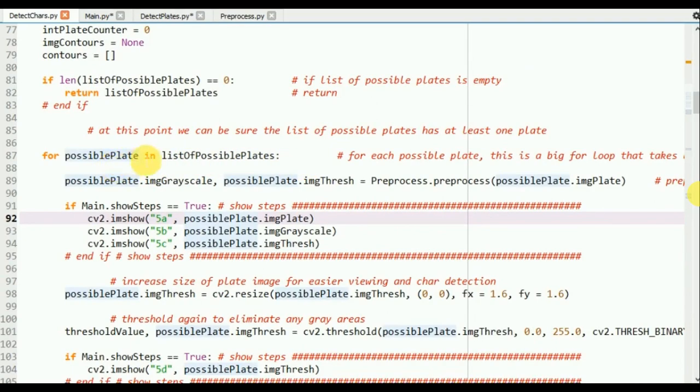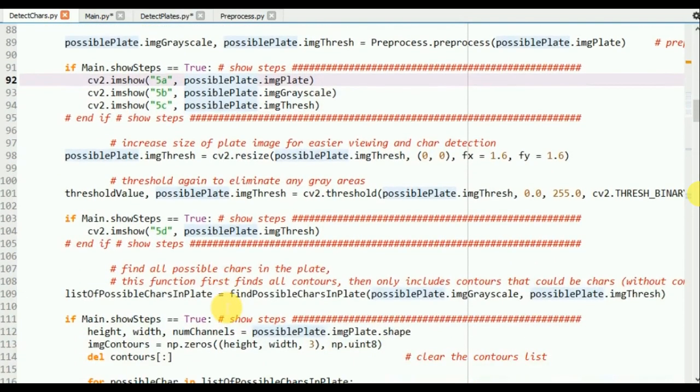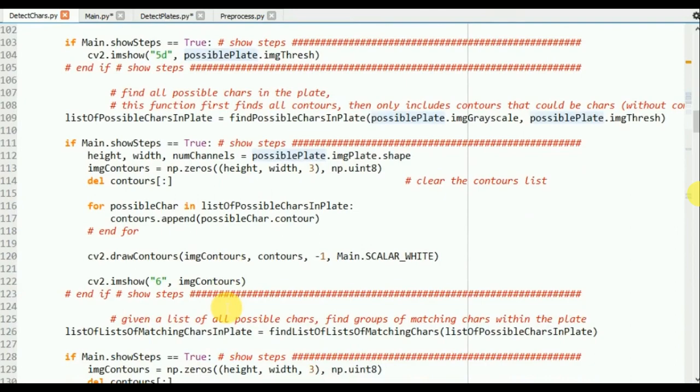For each possible plate, first we convert the plate into grayscale and an image threshold. Now in each possible plate, that is, in each group of matching characters, we first find all the contours.